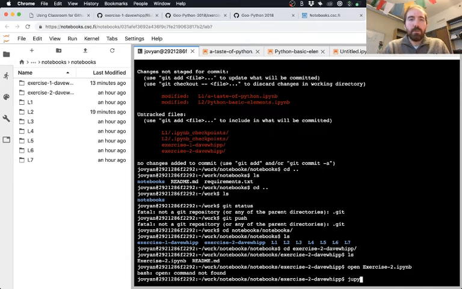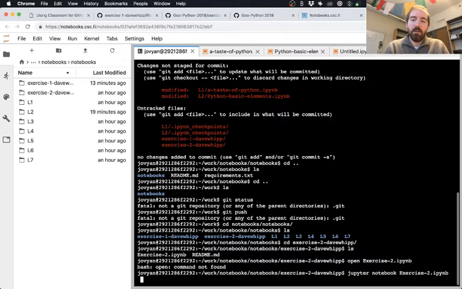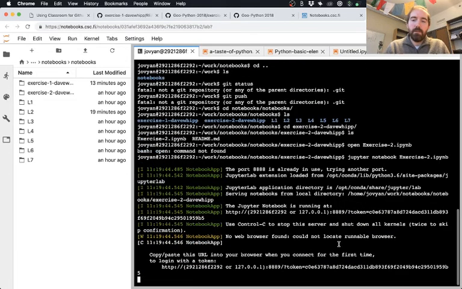We've already got Jupyter Lab running, so I don't think it's going to be happy if we try to do Jupyter Notebook and then the exercise name. It's going to try and launch Jupyter Notebook, and I don't think that's what we want to do.